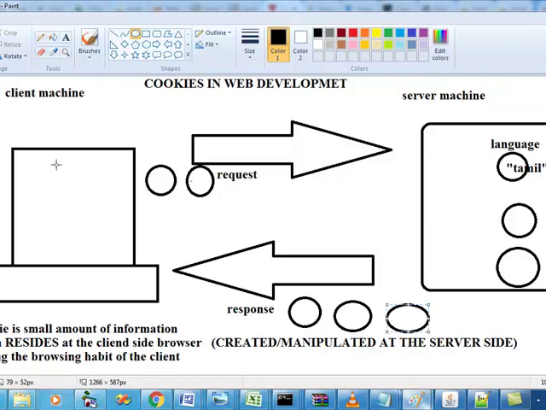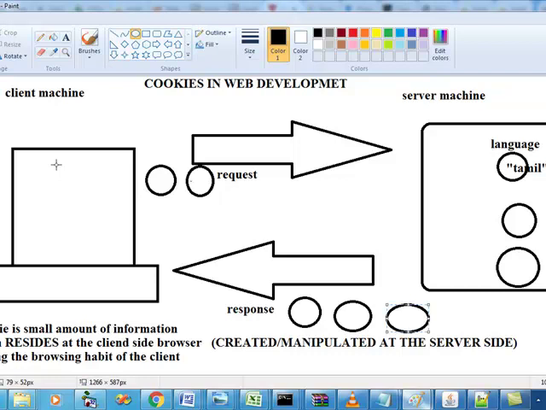So we can specify a particular duration for how long you want the cookie to reside on the browser. That is called setMaxAge. The function is called setMaxAge, and you have to set the age in seconds. So if I set 60, the cookie will reside on the browser for 1 minute.